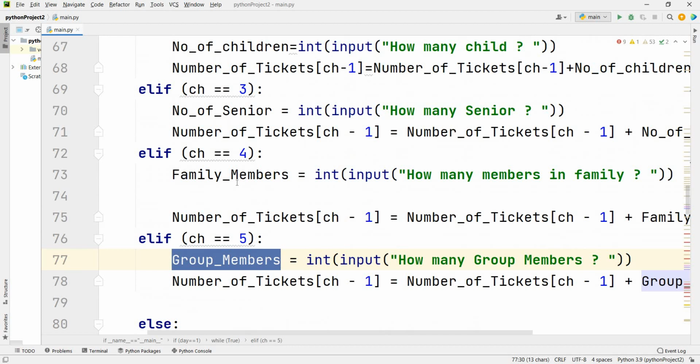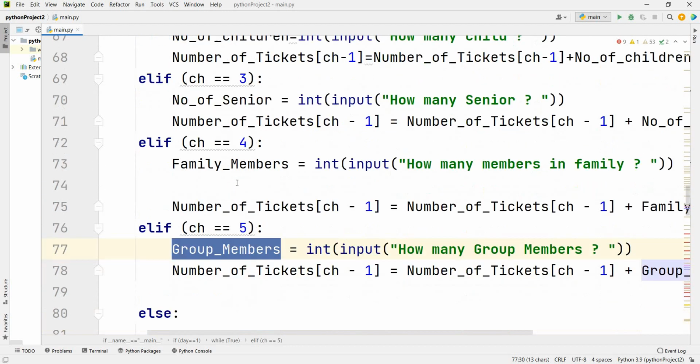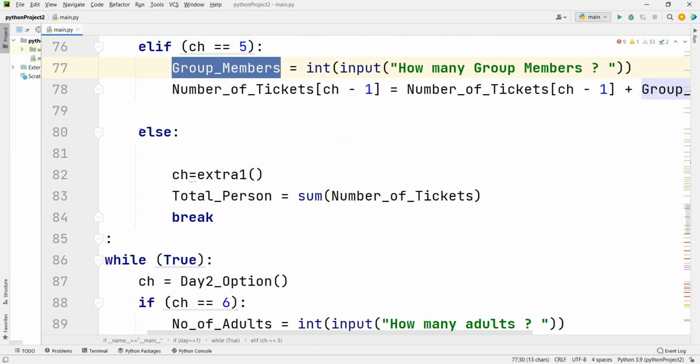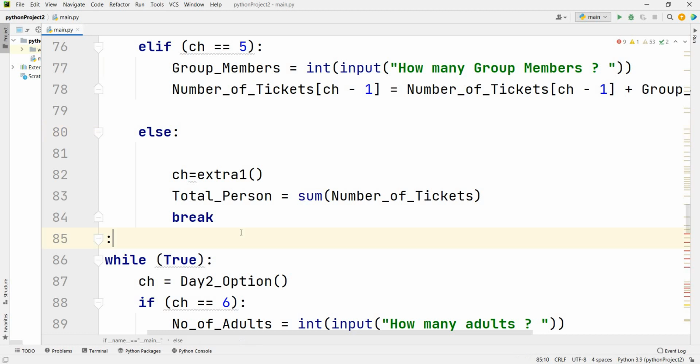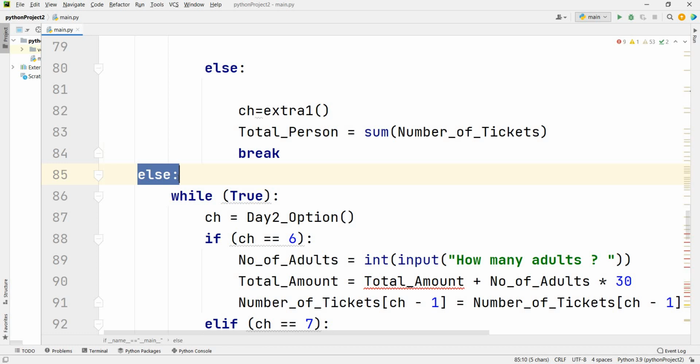Once you enter the required value between 1 and 5 and stop the loop, it will move to the else part. In the else part, it will show the extra one, and then how many tickets you have purchased. After this, the loop will break, and this is the first day option.